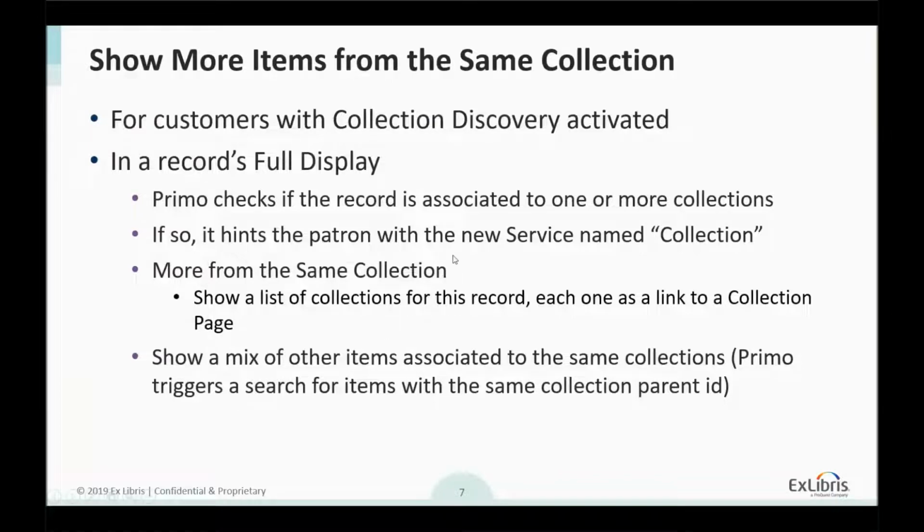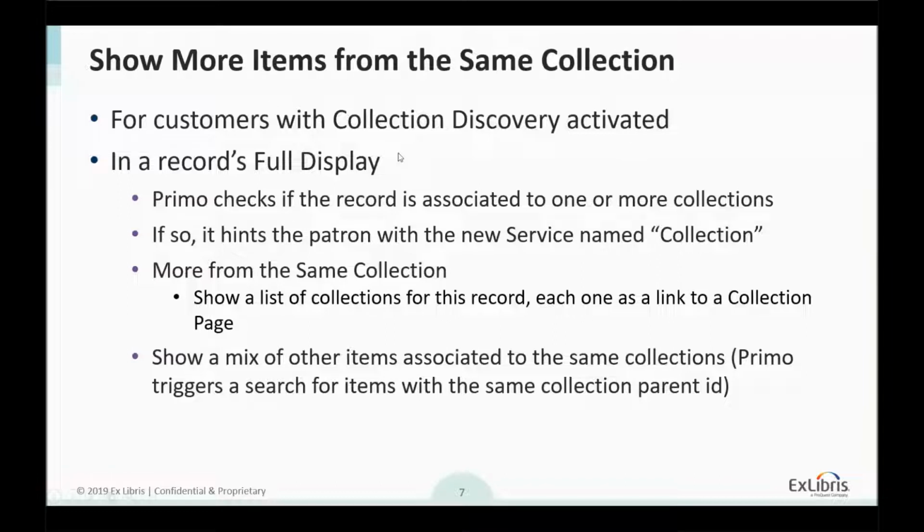So we are targeting this more from the same collection to customers that have already collection discovery and already published to Primo items that are correlated to the same collection. The correlation is actually each item has in its PNX the collection parent ID. So Primo behind the scenes attempts to search for this collection parent ID and offers items that are part of this search. And this is our way to provide you the mix of the items that are associated